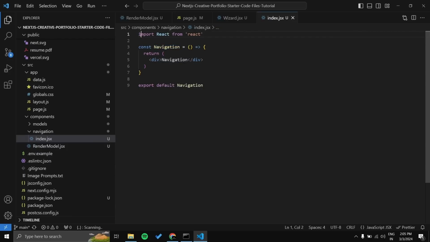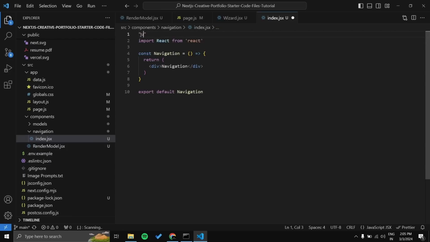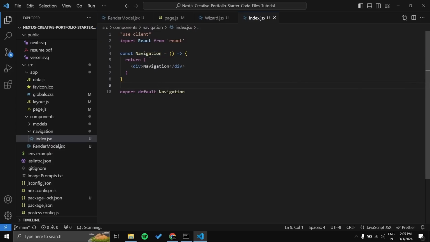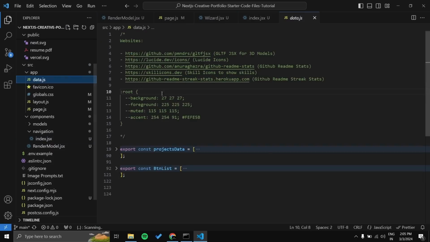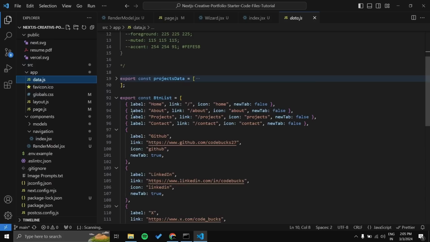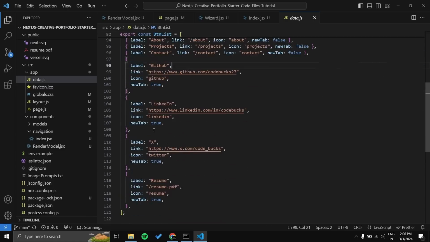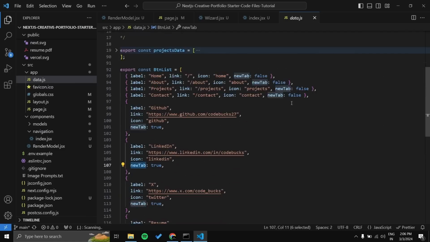Now we also have to make this a client component, since we are going to use the animation. Now for this navigation, we will use this button list from the data.js. In this list, I have added data for this button. Each button will contain the label, link, icon, and new tab, whether you want to open this navigation link in a new tab or not. For the social links, we will enable the new tab, and for the internal links, we will keep it